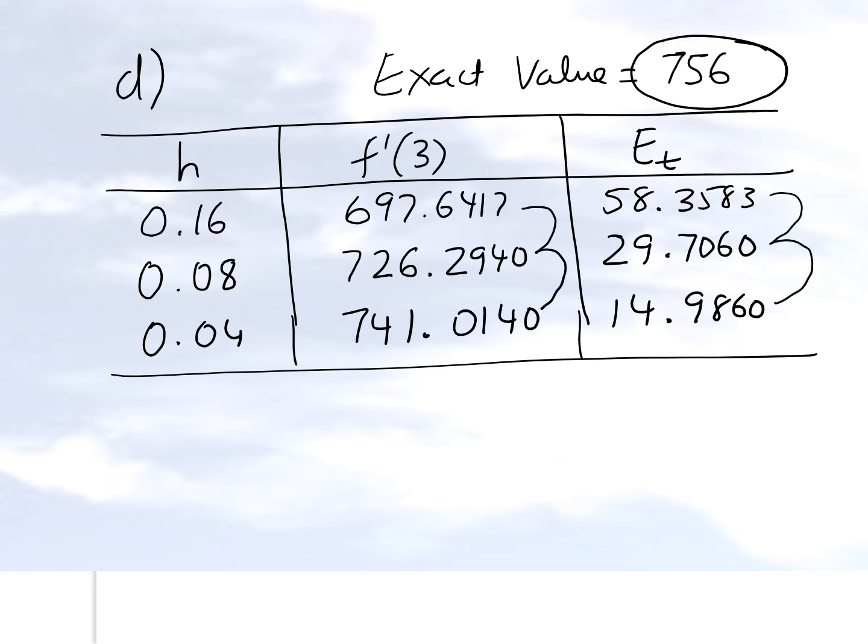But also what you got to think about is how the true error is decreasing. As you are halving the step size, the true error is also getting approximately halved, guys. 58 half is about 29, 29 half is about 14.5. So it's getting approximately halved, and this has to be noted down, because in future lessons,